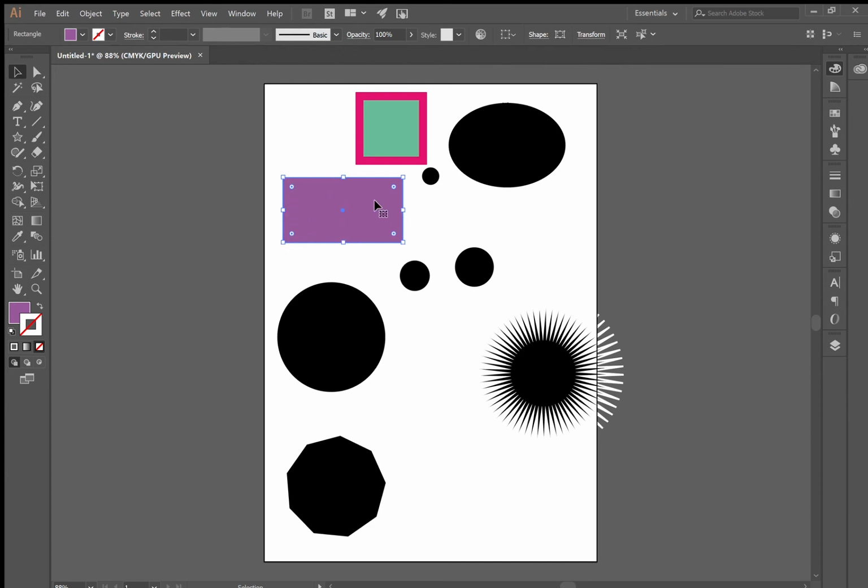And you can do this to shapes that you've drawn as well as shapes that you've created using the pen tool in future videos. If I want to change that and I want it to have just an outline but nothing on the inside, I can click this little arrow here, and that swaps the fill and stroke color. So if I click that, we now see that it has a purple outline